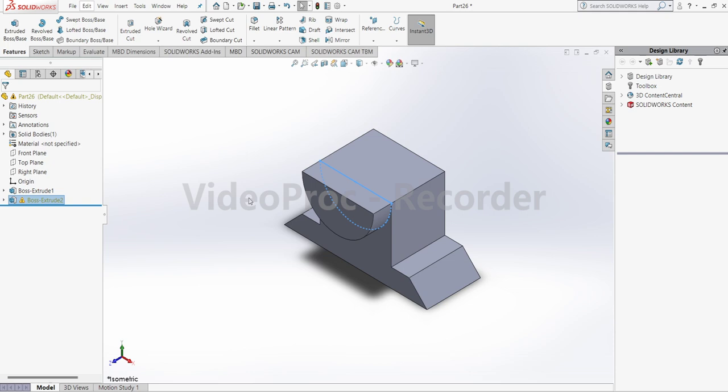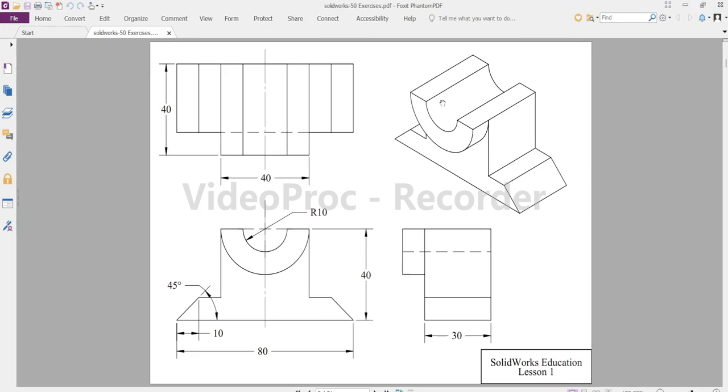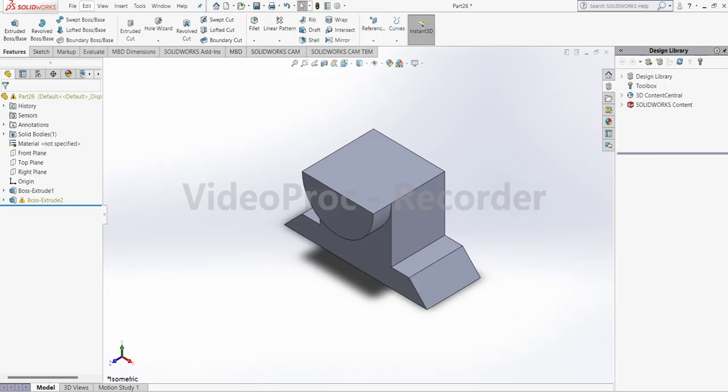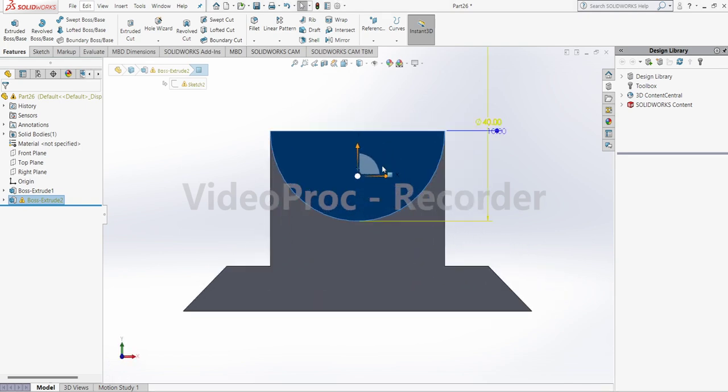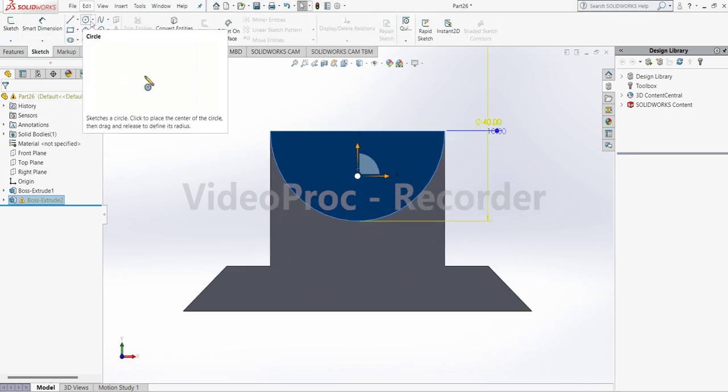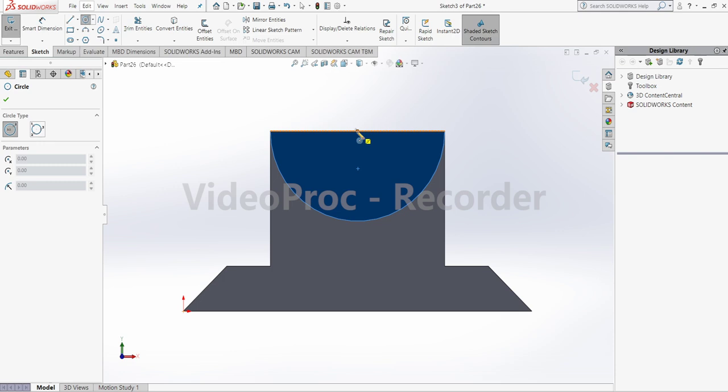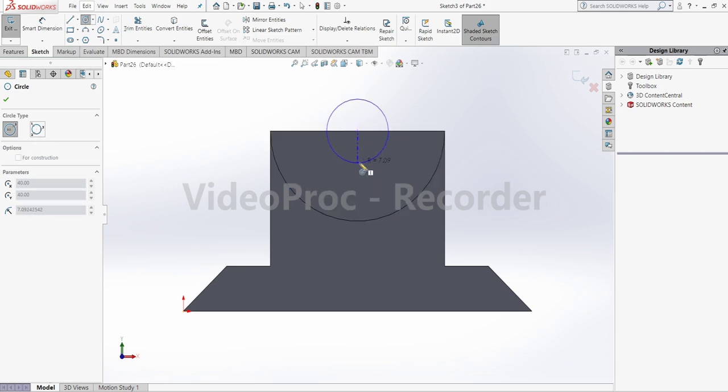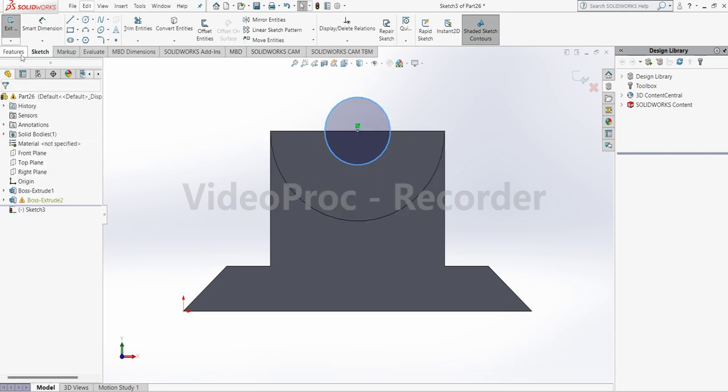So click on escape button. Okay, now what is remaining? This hole is remaining, which is of radius 10. So click this face, go normal to, select sketch, circle, go to the midpoint, click and drag, click OK, select